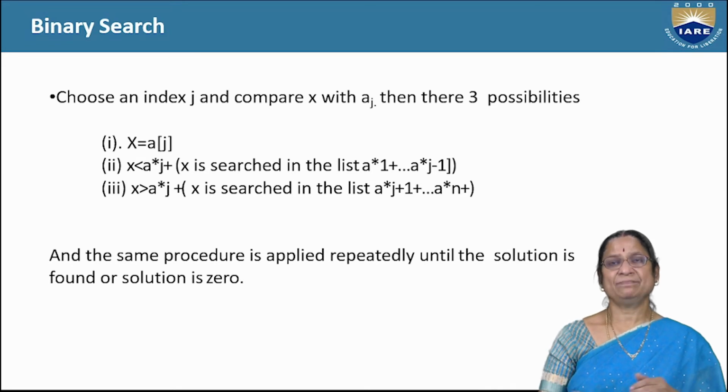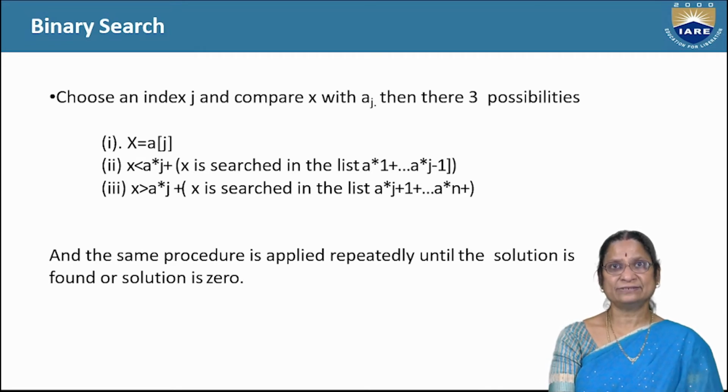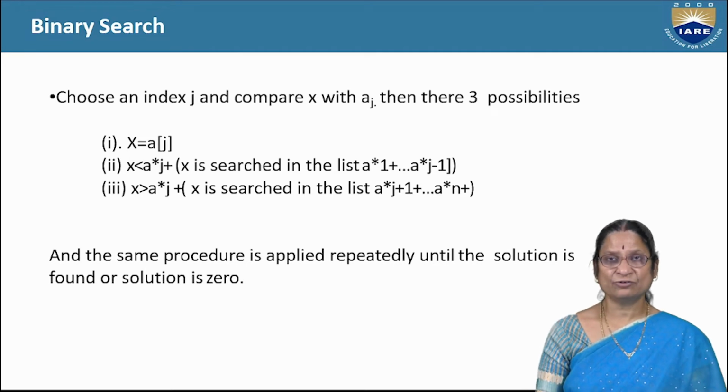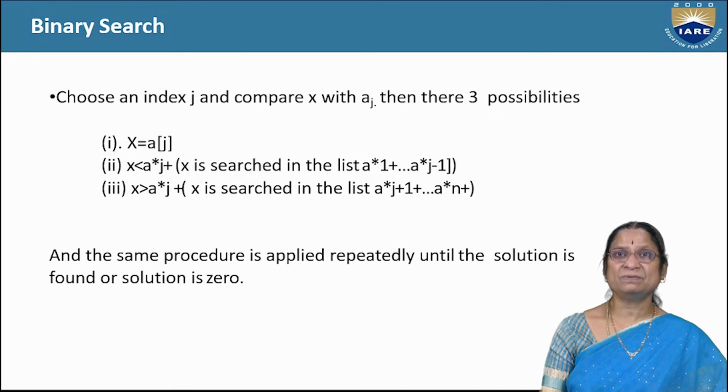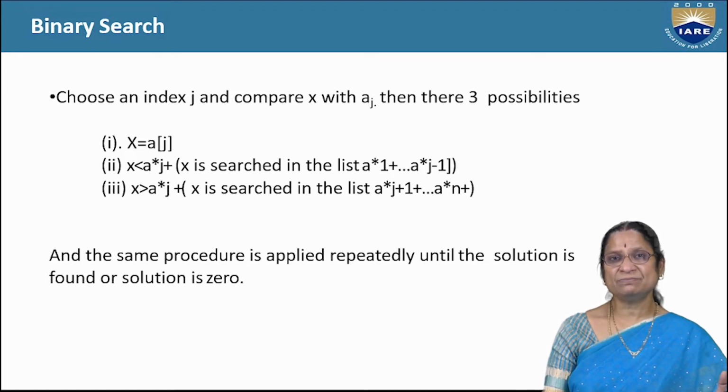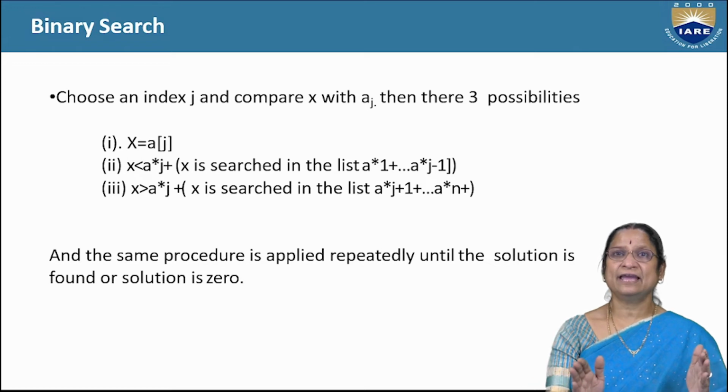So a small technique can be considered here. How to execute our binary search? Choose an index j and compare x with aj. While comparing, what are the possibilities? It may be that x is less than aj, or x may be greater than aj, or x may be equal to aj. Here aj means the element at the jth position. If x is less than aj, what happens? X occurs in the elements below the